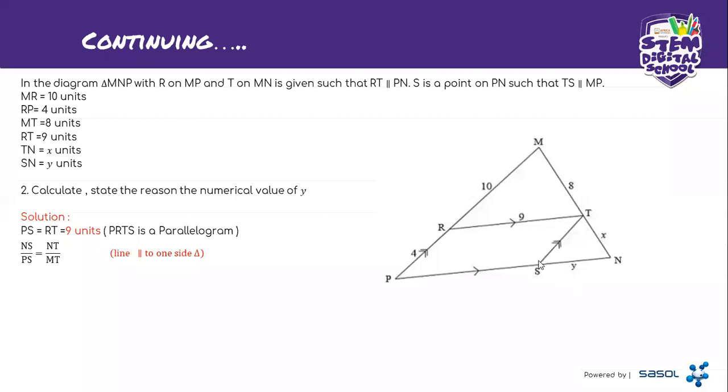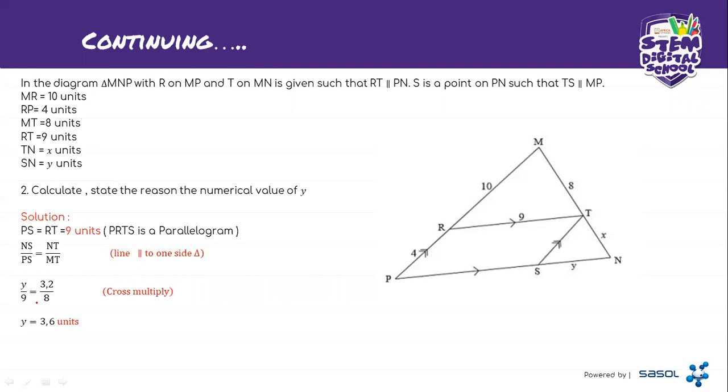Started with NS. We started with what we are in need of. Divide by what? PS, then equals to NT, and then the last one is MT, right? Then let's see. Then we just substitute, then you're going to cross multiply. All right, let's cross multiply. Then you can see that